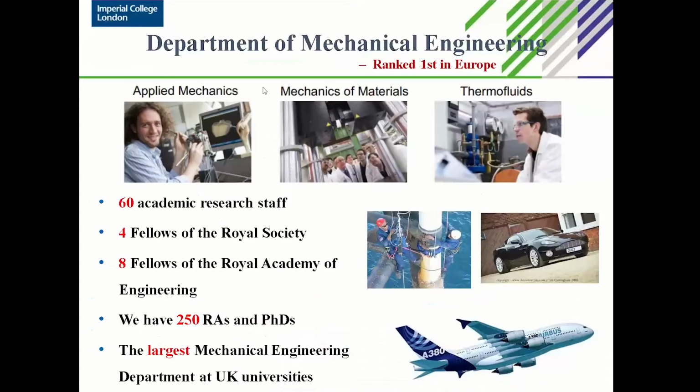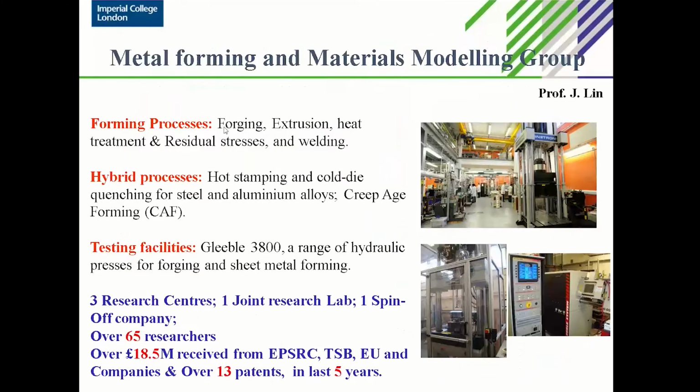Regarding the Department of Mechanical Engineering, we have 3 divisions: applied mechanics, mechanics of materials, and thermofluids. We have 60 academic research staff, including 4 fellows of the Royal Society and 8 fellows of the Royal Academy of Engineering. I am based in the division of mechanics of materials, in the metal forming and material modeling group. This group is led by Professor Jinghua Zheng, who is the head of the department and also one of the fellows of the Royal